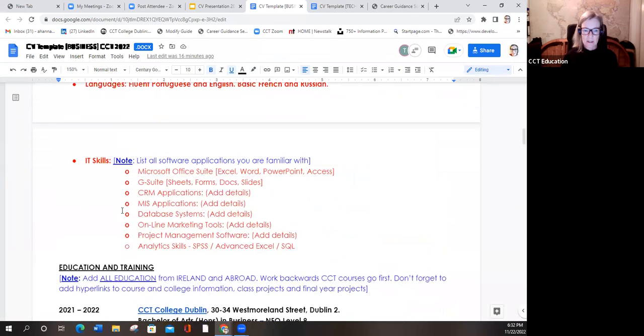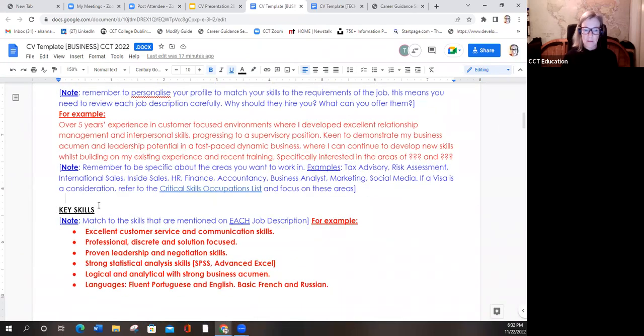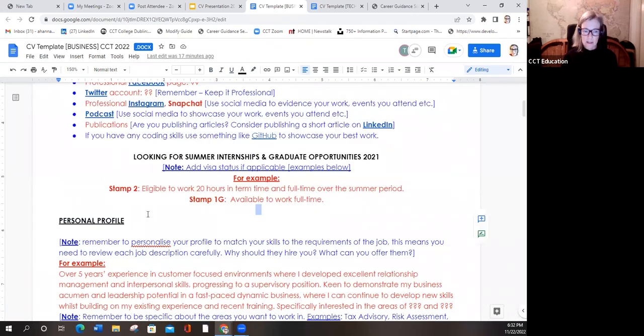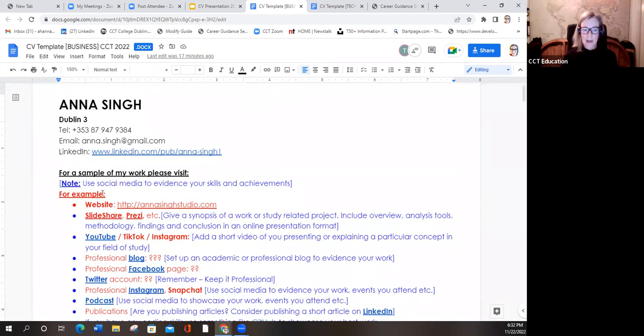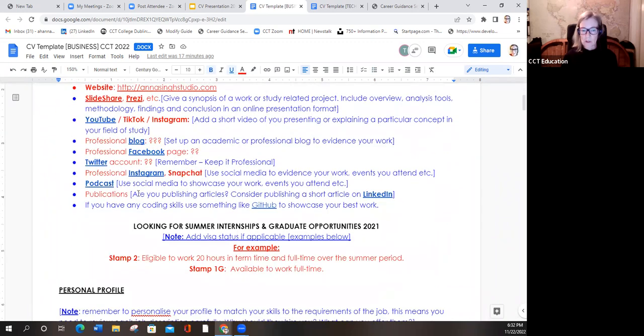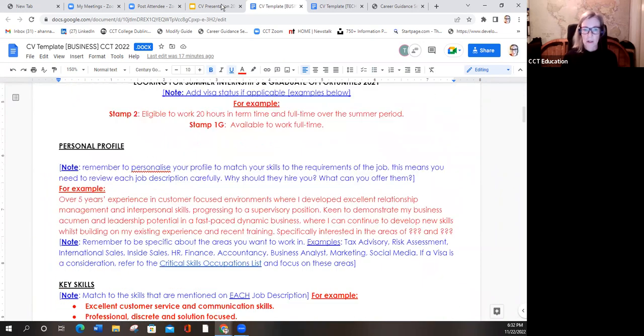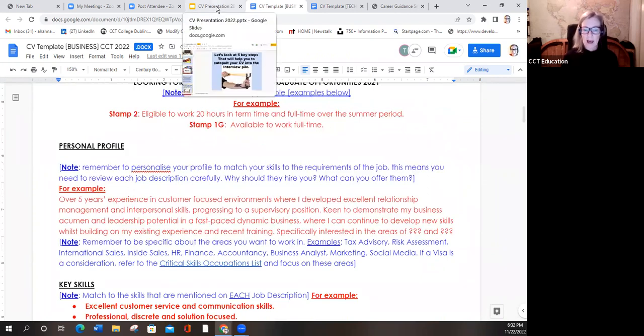So if your CV doesn't have something like key skills, I'll be saying you need to add those in. If it doesn't have a profile, I'll be asking you to add that in. If you don't have any evidence-based links, I'm going to be asking you to add those or start considering. So the sooner you start working on your CV in terms of adding these things, the better, because it actually